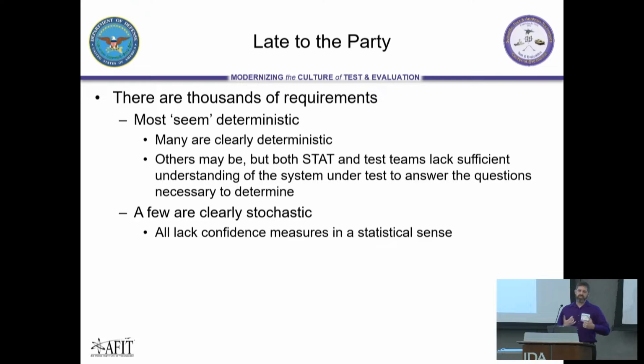But since we're in a position where we're external and helping a program, we're actually helping multiple programs. And we actually didn't have time. It wouldn't have been feasible for us to pore through all the thousands of requirements and ask questions about half of them to see whether they were what we thought they were.